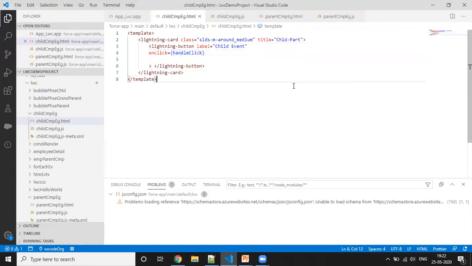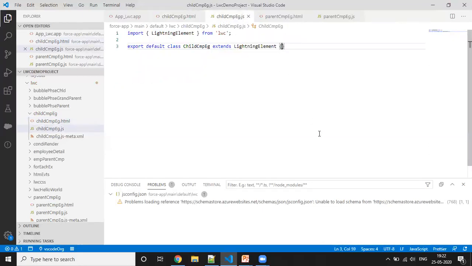Save this. Now I'm going to define this handle click inside the child component.js.